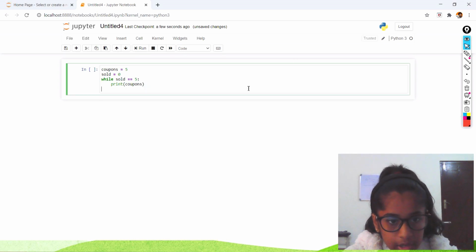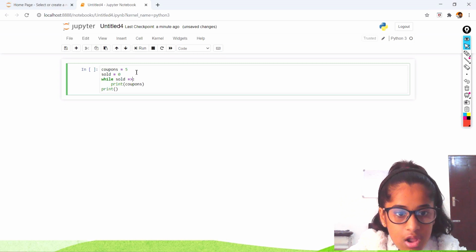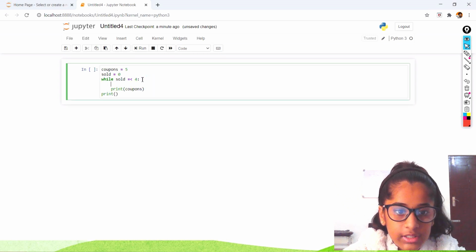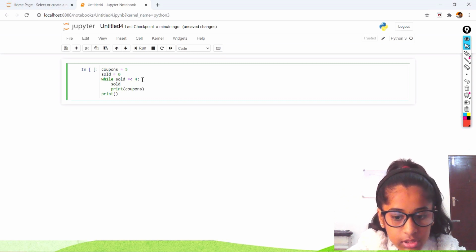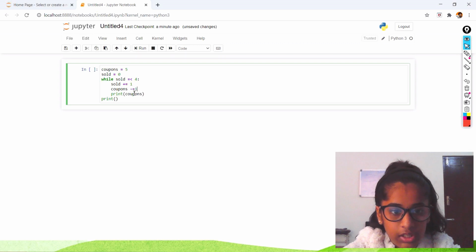At the end we're going to print when sold is equal to 5. So when sold is lesser than 5, at that time you print the number of coupons, and we're going to say sold is equal to sold plus 1, and coupons is equal to coupons minus 1, like this.